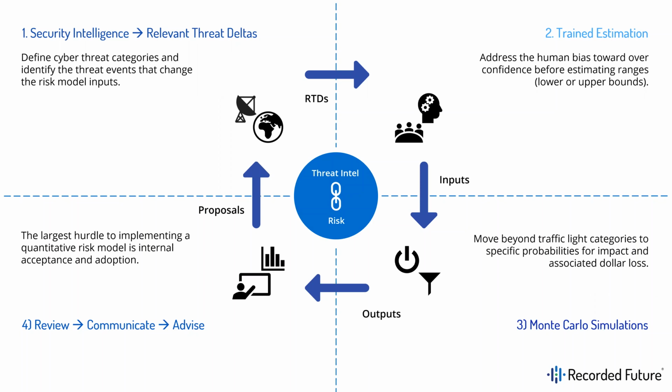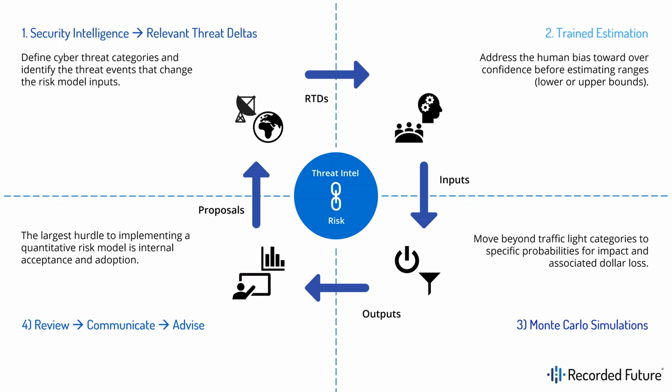So then once you have those outputs, now you can communicate in a very specific way about what the risk is in loss terms. And what I find is that typically the first part of this process and the framework is pretty simple. It's pretty easy. The difficult and challenging part is actually doing some of the evangelism in your organization to say, look, this is the way that we want to talk about risk. This is the model. These are the assumptions. These are the variables. And we want to be very specific in the way we talk about risk within cyber,